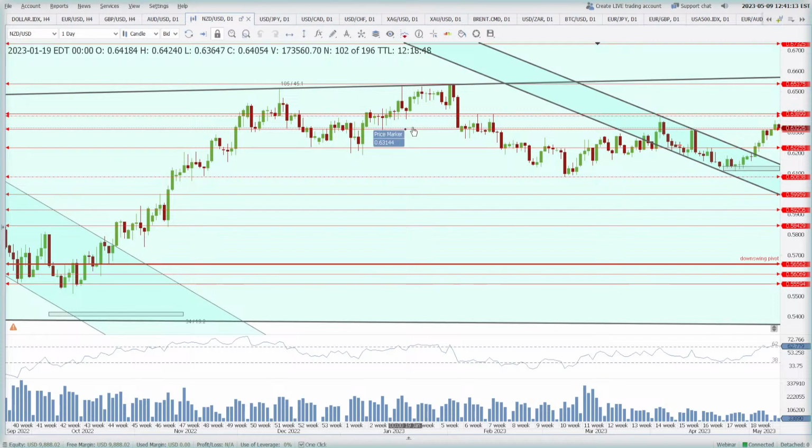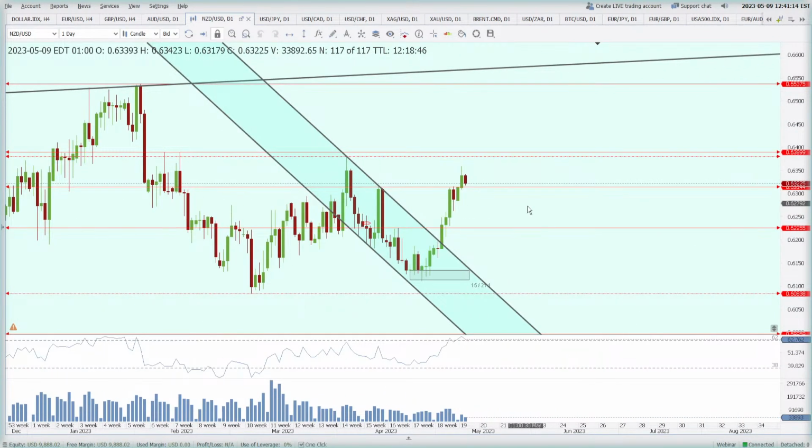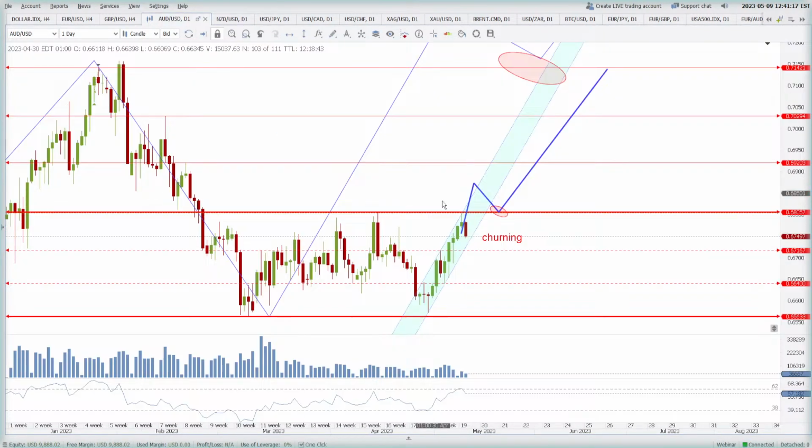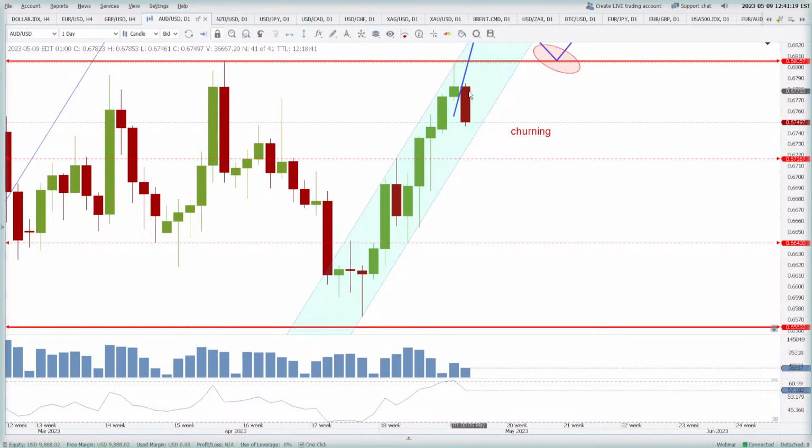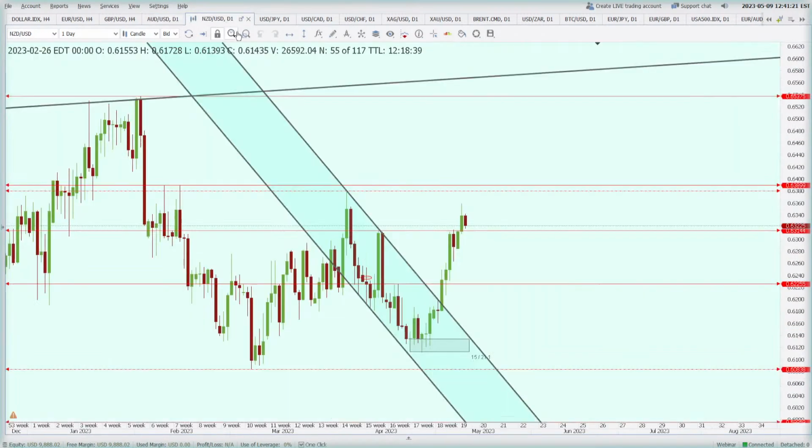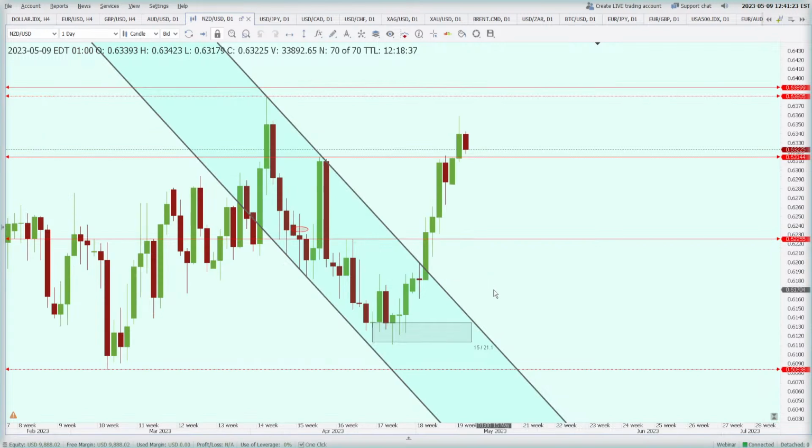New Zealand dollar is comparatively better than the Australian dollar. Now you see in Australian dollar it has made a lower low than yesterday's low, but in New Zealand it has failed to make any lower low than yesterday's low. That means there is good strength in the New Zealand dollar, and even if the price tries to go down, I think there will be a huge support standing around 0.6314 area,